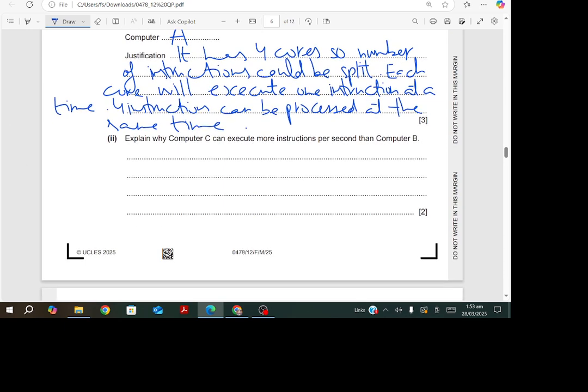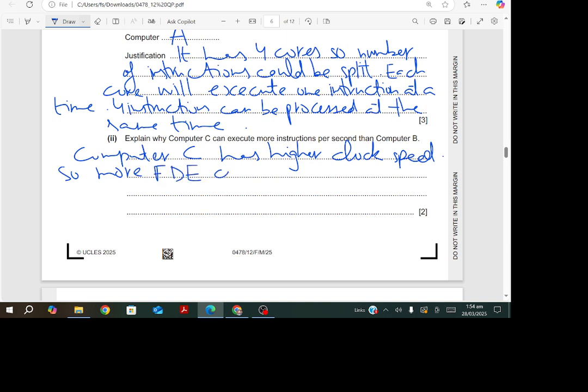So you can write computer C has a higher clock speed, so more fetch decode execute cycles can run per second,